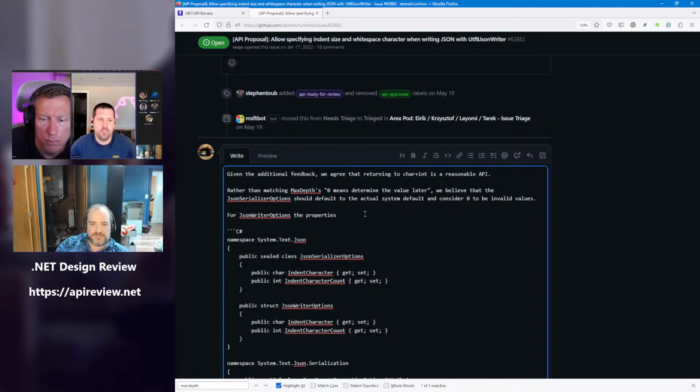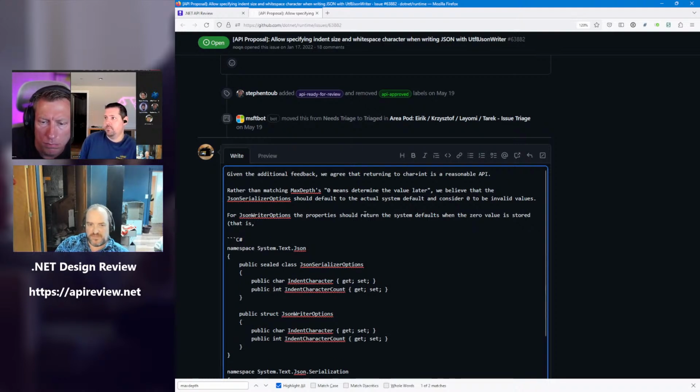It makes technical sense. So if I'm understanding this correctly, if I set write indented to true, and I don't touch the character count, what's the default today? It's 4 spaces or something? I would need to check, but I think it's 2 spaces. 2 spaces. So if I changed it to a tab, would it automatically go to a single tab even if I don't touch the character count? I think it would go to two tabs. Okay, so that's what I was wondering.